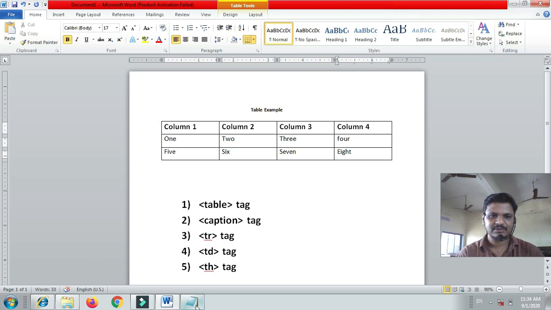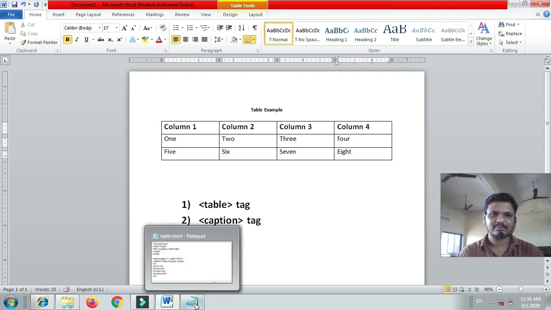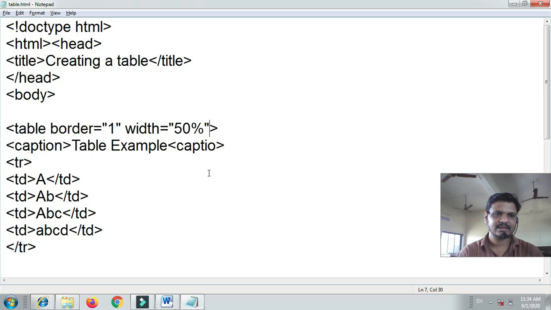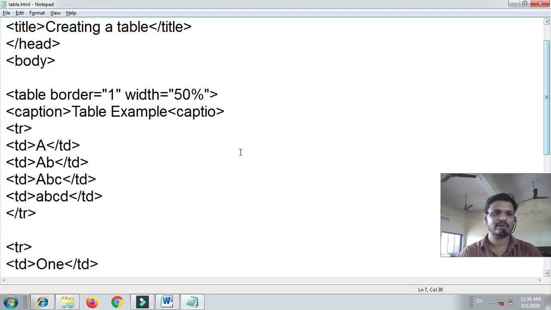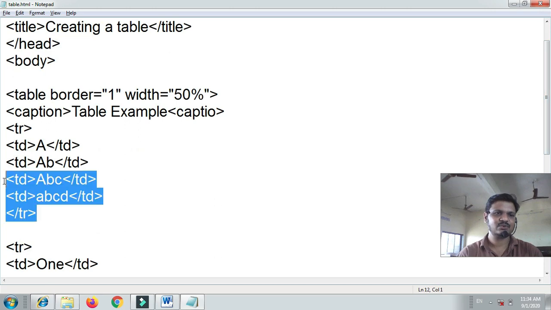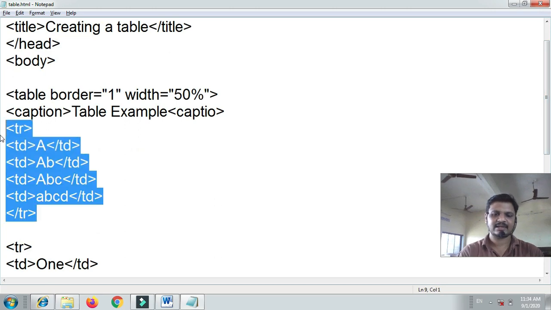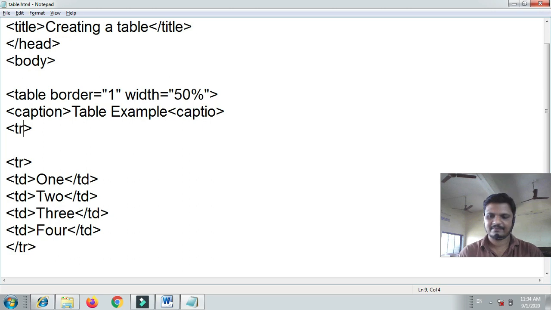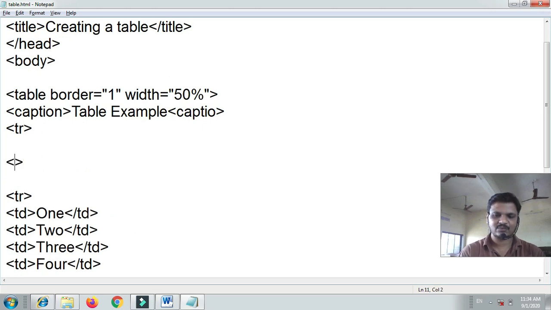So how to put such text? Simply, I want to replace this first row. tr is a pair type of tag, so I'm going to add opening and closing tr. Now inside tr, I want to replace td, so directly use th.